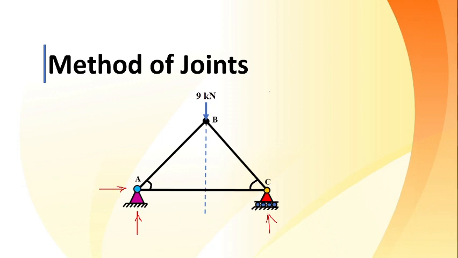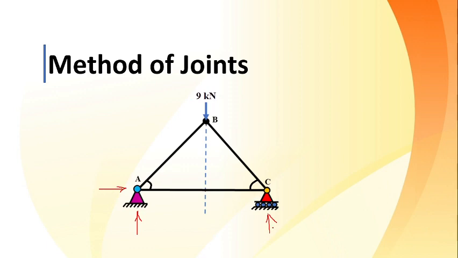Now consider the equilibrium of the whole frame, which is going to give you a coplanar force system where there are three conditions of equilibrium available. By applying three conditions of equilibrium, you will be getting three equations, and solving these three equations, you will be getting these three unknowns. So this is the first job whenever we come across any frame or a truss. But right now we are dealing with the truss, and in which we are dealing with the method of joint. In that also, first part is going to be common. Consider the equilibrium of the whole frame and find out the support reactions.